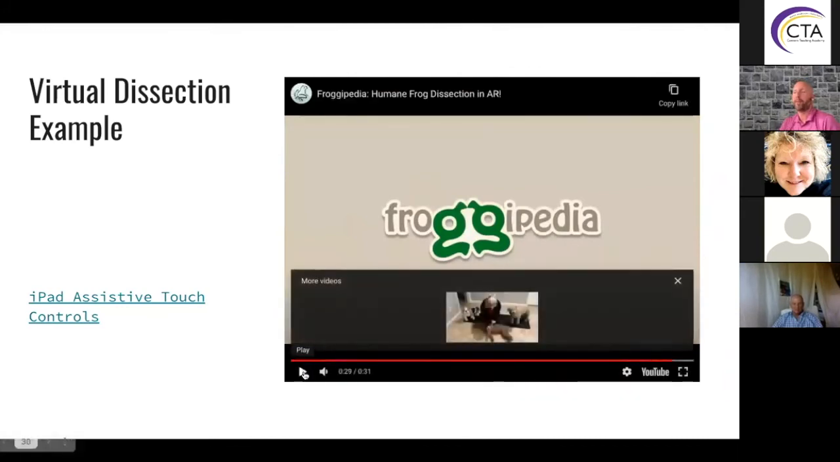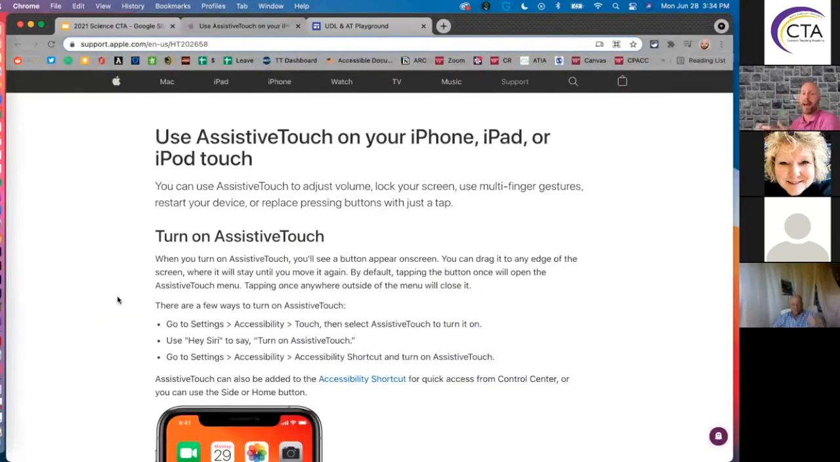So that is an app called Froggypedia that allows for some augmented reality virtual dissection of a frog, right? And doing that, again, probably not something that's too new to you. But what might be new to you is the idea of pairing that with using assistive touch on your iPad. So if you have a student that has a physical disability or visual impairment, and they can't,